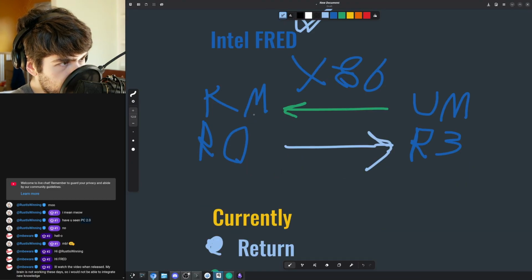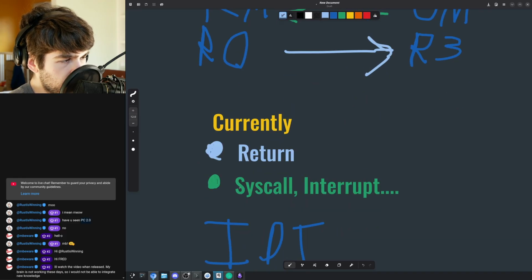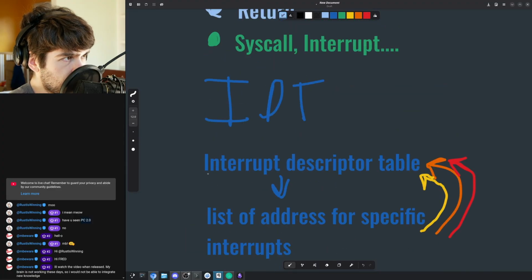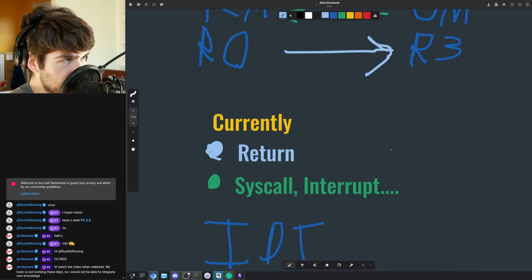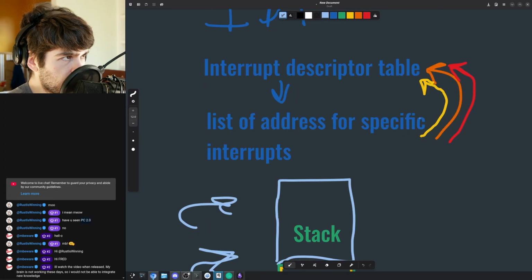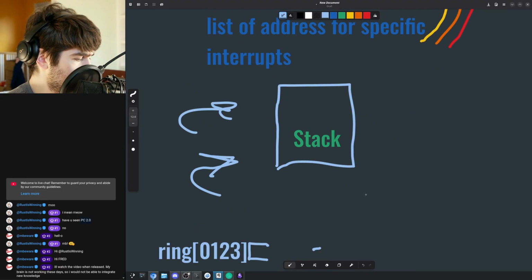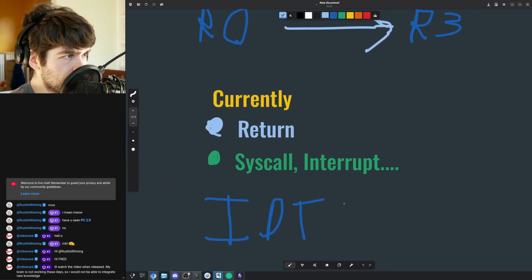So when we switch from kernel mode to user mode, or the other way around, we use things like return, syscalls, interrupts. Now the issue seems to be that the IDT, the interrupt descriptor table, is used for most of these things, which is garbage, because it means we have spaghetti code where an interrupt calls another interrupt that calls another interrupt, and that loses a bunch of data in between. So we have to do a bunch of stuff that is very slow. And FRED seeks to